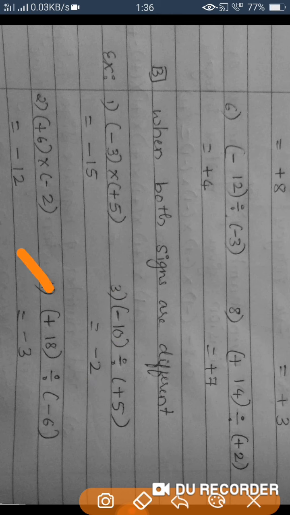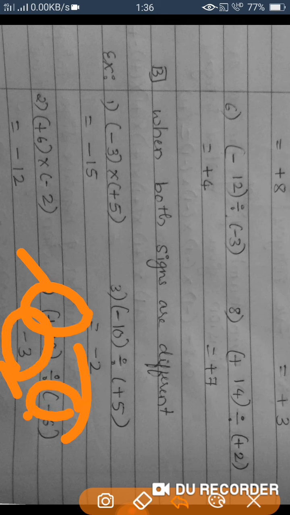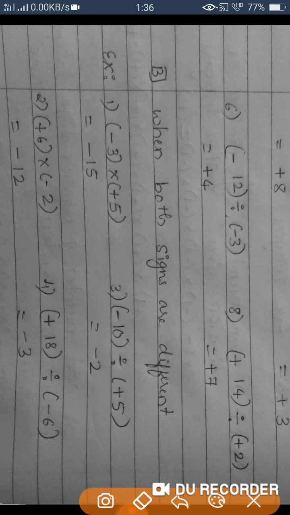Then what about fourth one? Plus 18 divided by minus 6. It gives 18 divided by 6 is 3. One is positive, one is negative. Because of this, the answer is negative sign. Okay. This is how we can multiply and divide the numbers or integers. We can go for not only two integers, more than two integers also you can